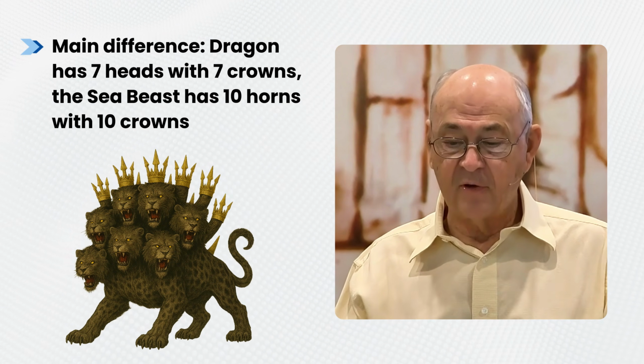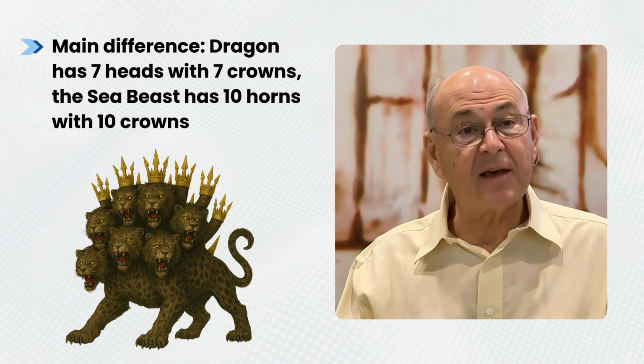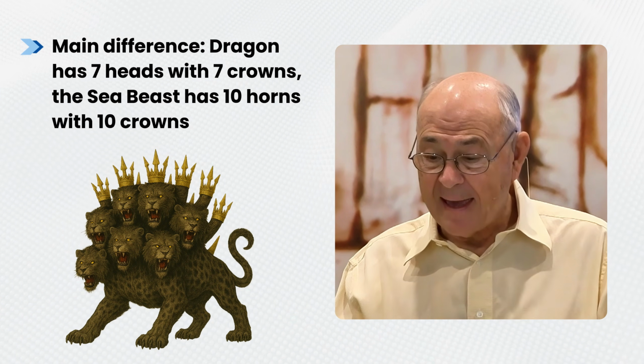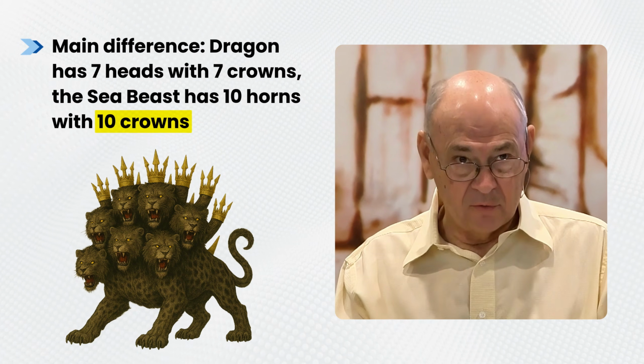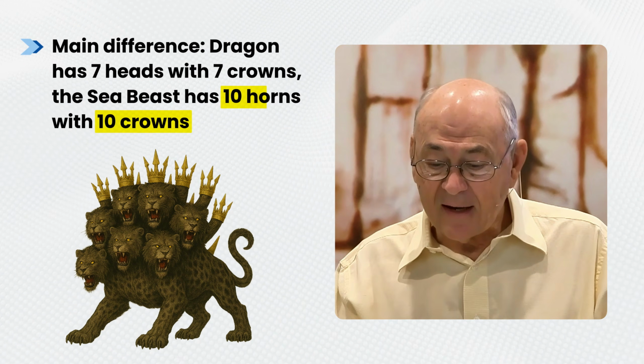The next difference is that the dragon had 7 crowns adorning his 7 heads, while the sea beast had 10 crowns adorning his 10 horns. So we must not overlook the use of the numbers here, 7 and 10. 7 is the ideal number. It indicates completeness, wholeness, at times, finality. 10 is a number that also indicates a kind of completeness, but more in the sense of